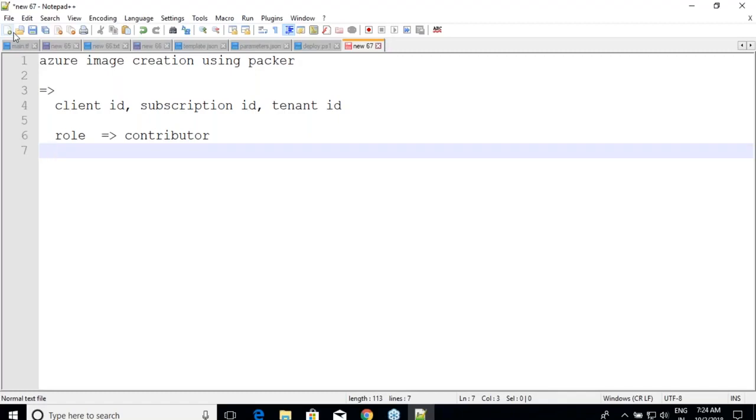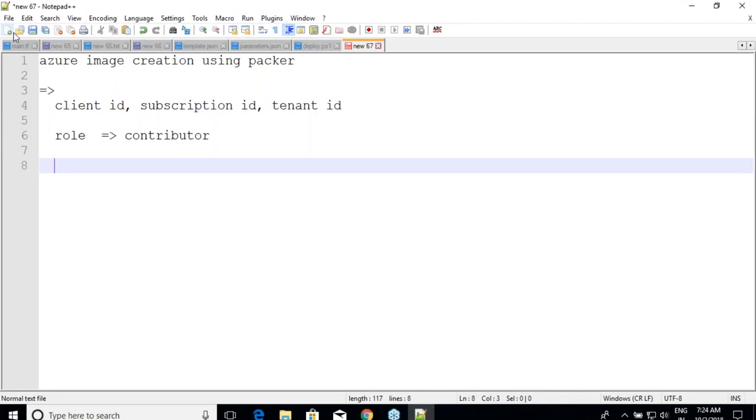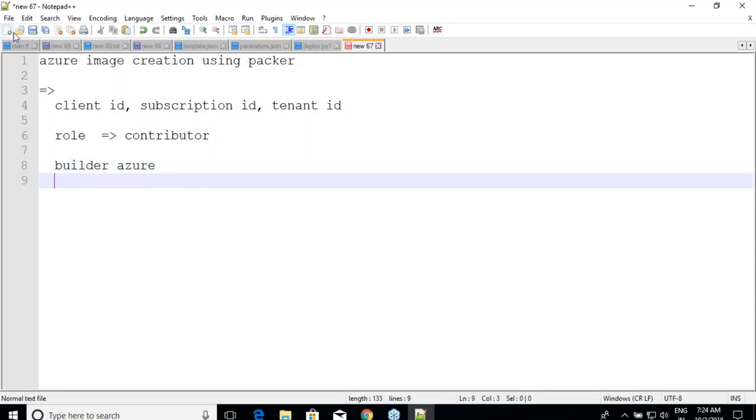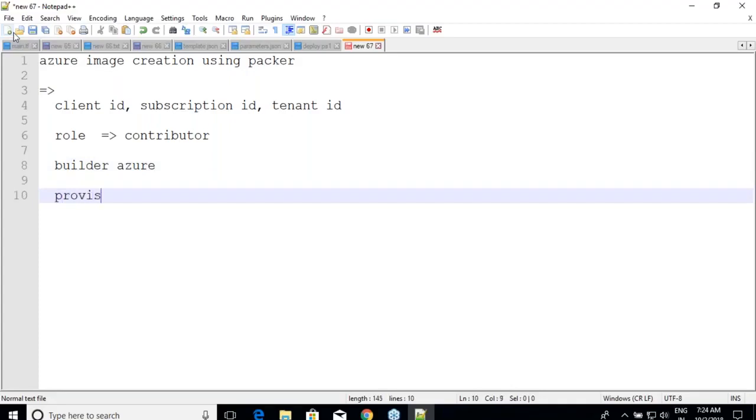And after that, once you generate these details, it is usual business. You have to use a builder, which is an Azure builder, and then you pass the details like you passed to the Amazon EBS builder, your source image and all of that stuff. You almost do the same thing. And then if you want to do any extra activities, you will be doing provisioning.